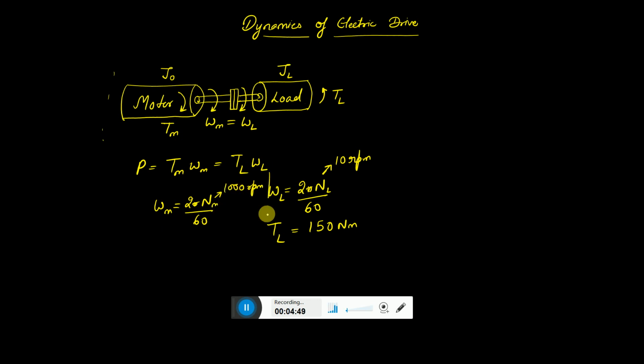If my motor speed is 1000 rpm, in that case the required value of Tm will only be 0.15 Newton meter rather than 150 Newton meter. Because if I multiply 1000 into 0.15, it will come 150 watt, and here also it will come, just a minute,